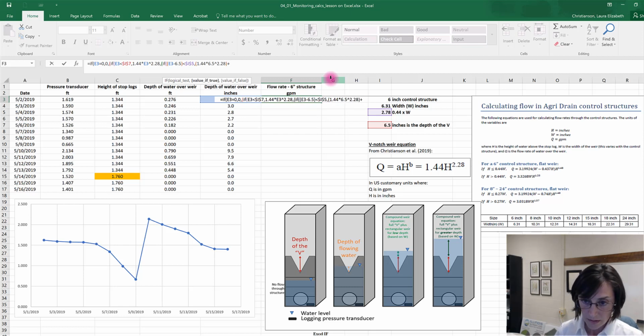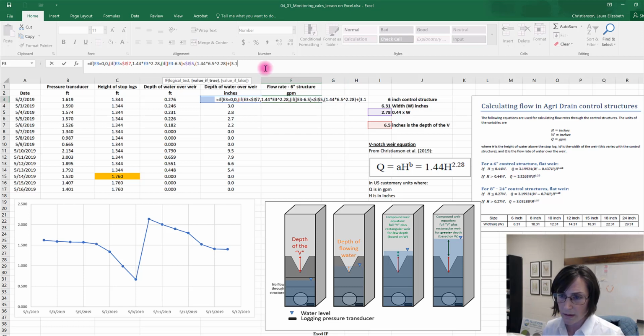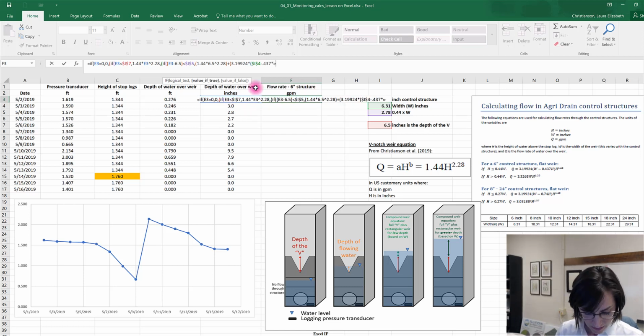plus this first equation here, 3.19924 times W 6.31, and I'm going to lock that in place, W minus 0.437 times my height, I know that's E3, well actually it's not just E3, it's E3 minus 6.5 because I have to subtract out the depth of that V from my height of water.